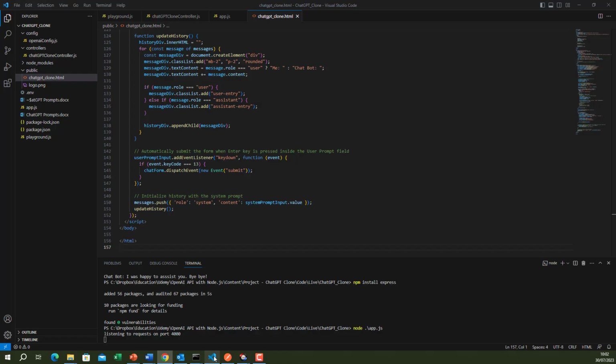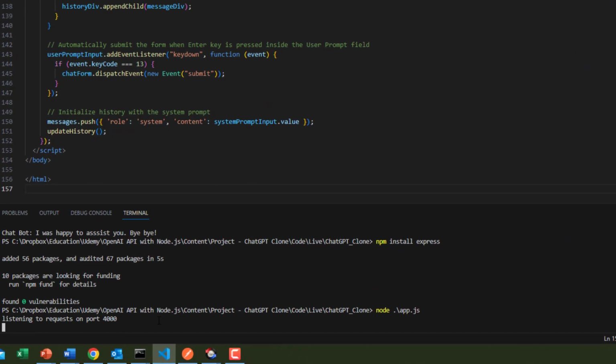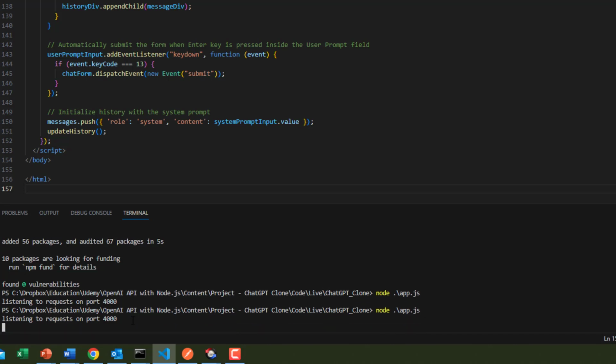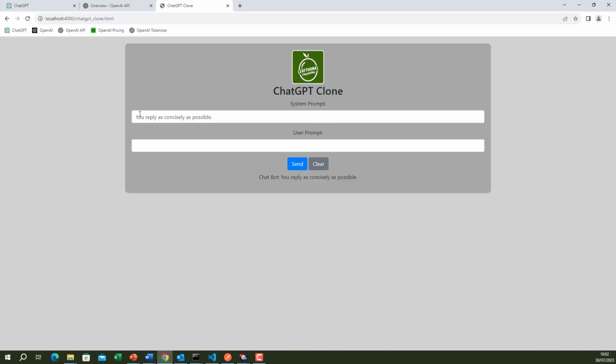Okay. I think I have to stop and restart the server after creating the public folder. So I will stop this, because it doesn't have the change that we did to include the public and the middleware. Let's come here, let's refresh now. And as you can see, we are getting what looks good. So the system prompt, as you can see, says you reply as concisely as possible. Here is the user prompt, and here we can see that it gave us the system prompt as the first